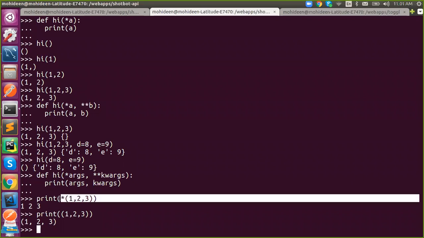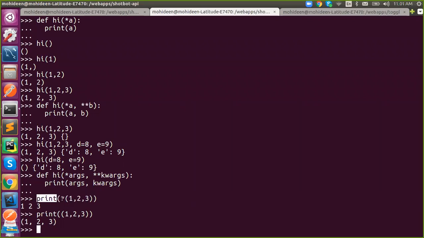It depends upon where you're using it. So this is an argument, because print is a function. Whatever you are passing is an argument. But if you're defining the same thing in the parameter, it's actually going to pack. Here it will be unpacked. Here star will simply eliminate the parentheses, right? Here, this will take individual positional arguments, pack them together and produce a tuple. Got it?